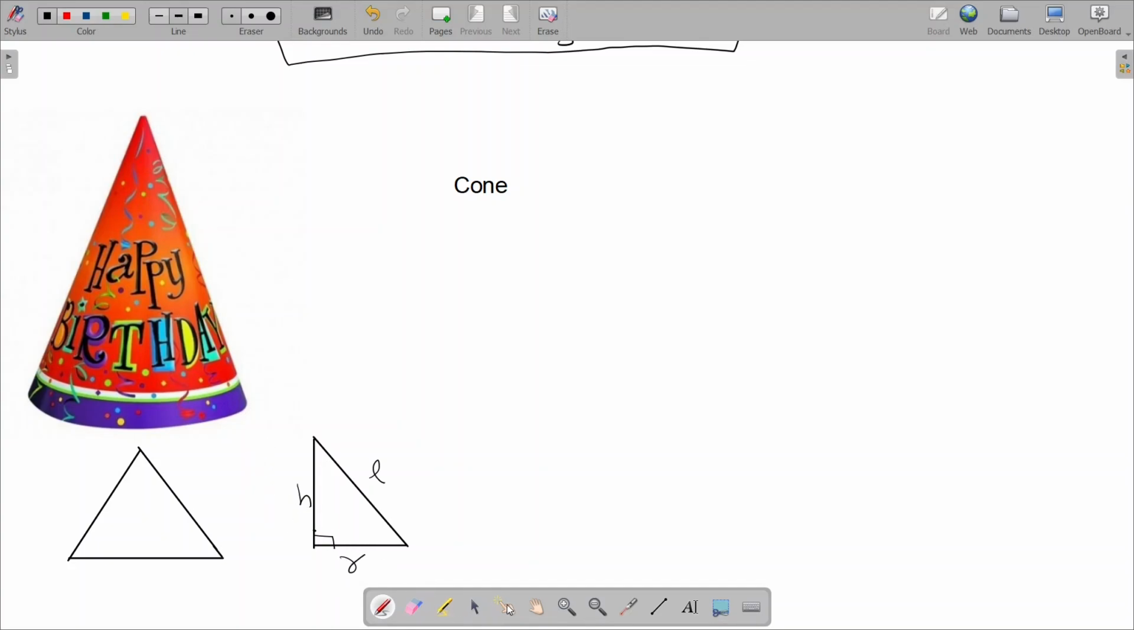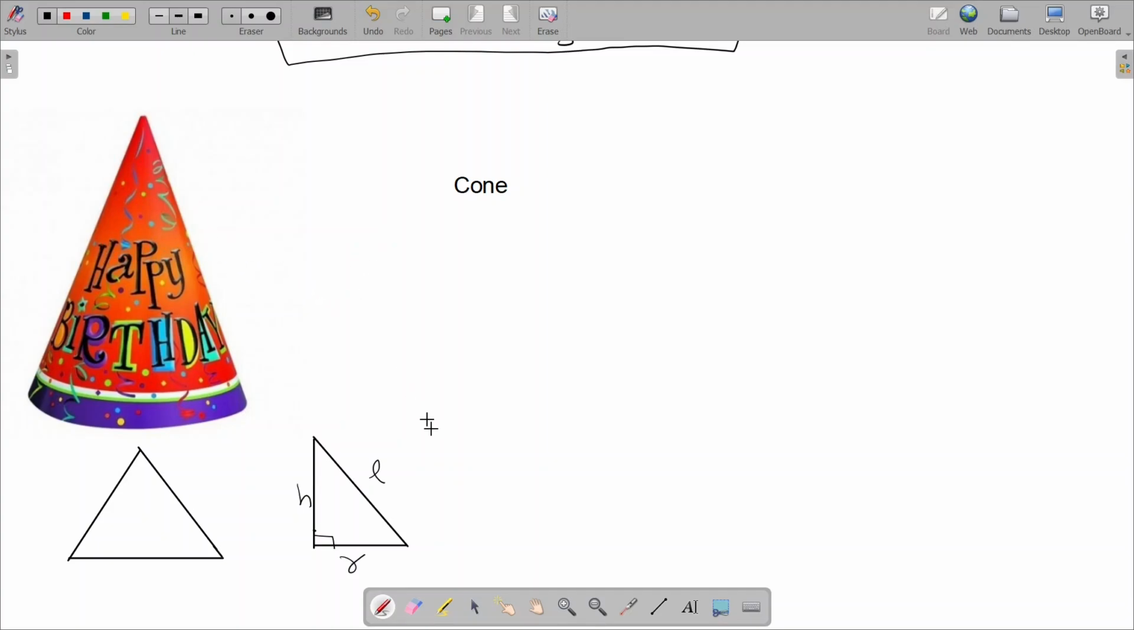Then vertical height means the height from the top point to the bottom point. From vertex to bottom is called h. From here to over here, it's not visible. From this side to this side, this distance is called the height of a cone. So in a cone,